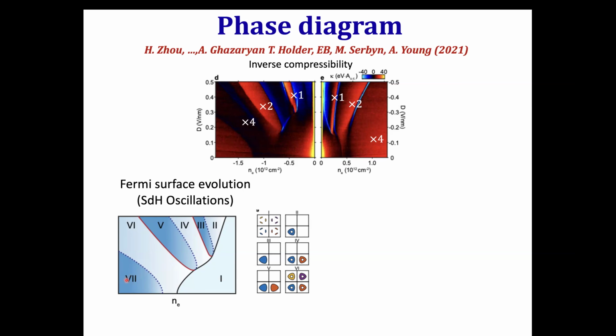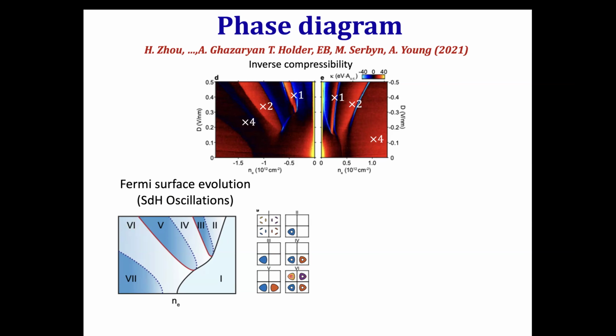Okay, so what they really see here, out here in the 4x region, is that there's a single frequency. And if you want to match that frequency, which is an area in momentum space, using the Luttinger volume law, to the total density of electrons, you have to multiply by 4. Okay, so this means that every Fermi surface is fourfold degenerate, which is exactly what you expect in the symmetric state. And then once you go to this region